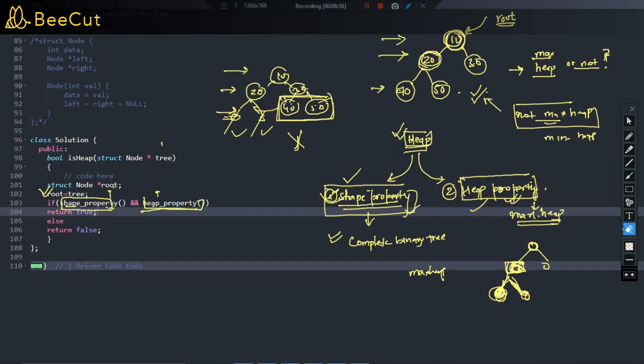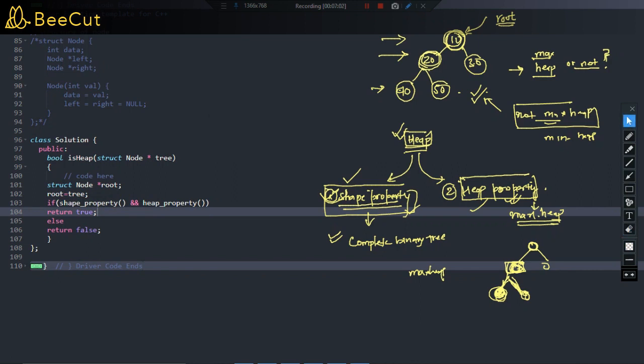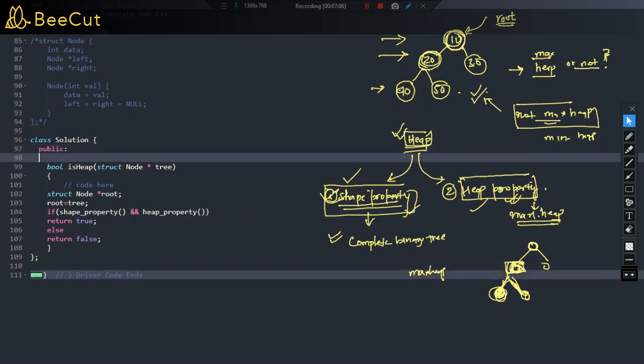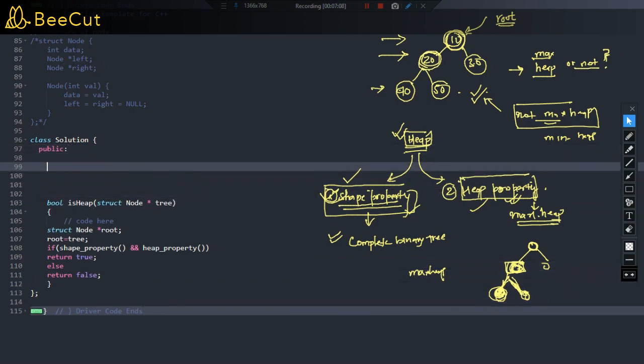So the concept of these functions, again, we have to dive into depth, right? So what will be the concept? The concept remains the same. First of all, let us define the function shape property. Since it is going to return a boolean type result, true or false, it will be bool shape property, and what it is going to receive is struct node star root.